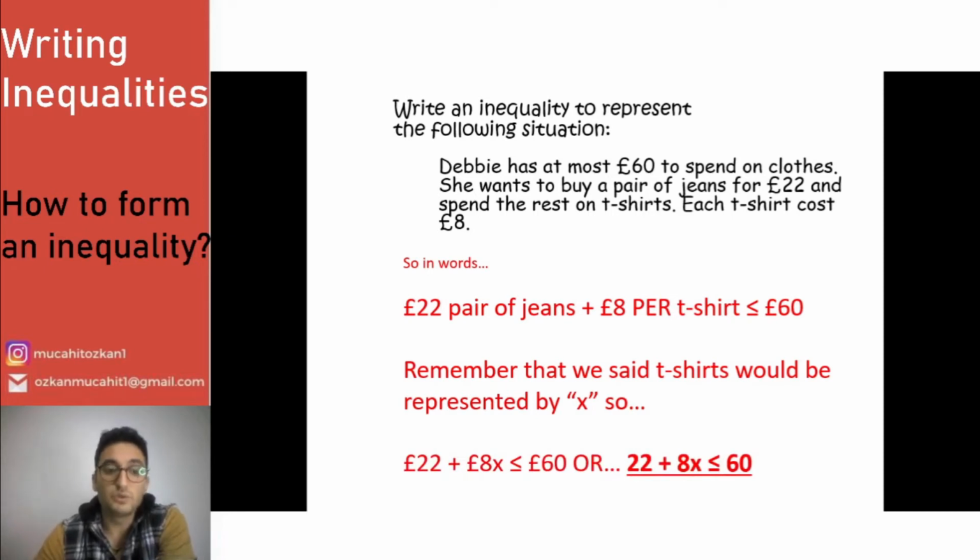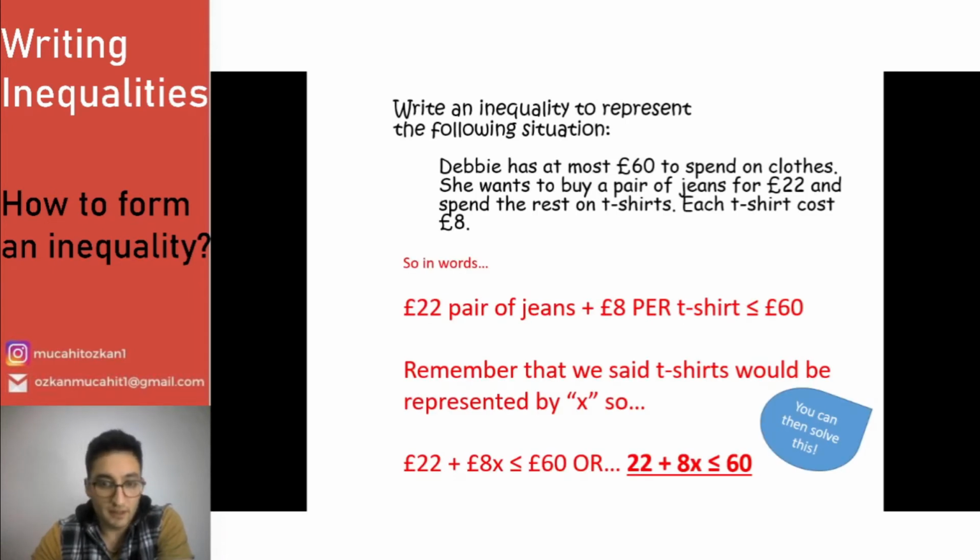And we say 22 pounds plus 8 pounds times the number of t-shirts is less than or equal to 60 pounds. If you just ignore the currency, you're going to write 22 plus 8x is less than or equal to 60. Let's have a look at